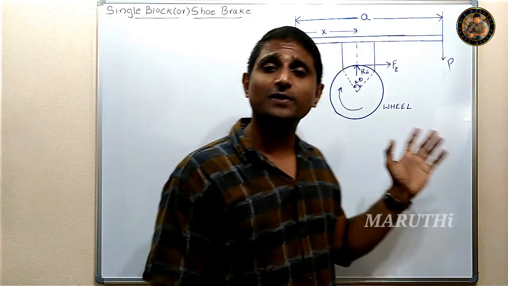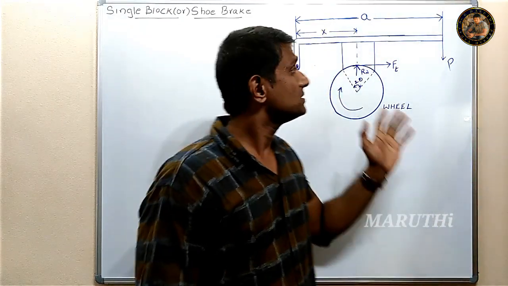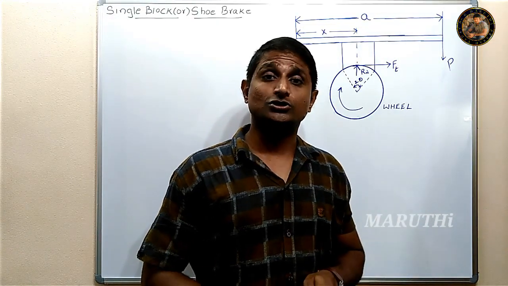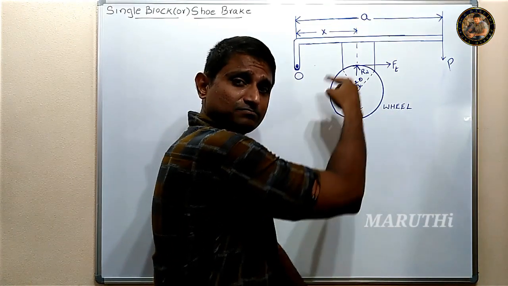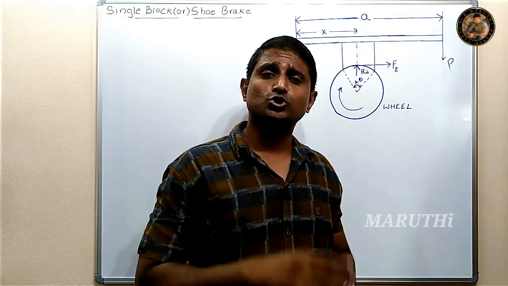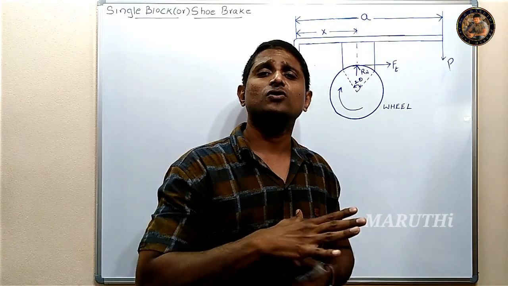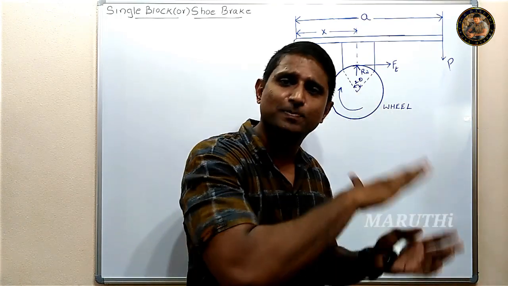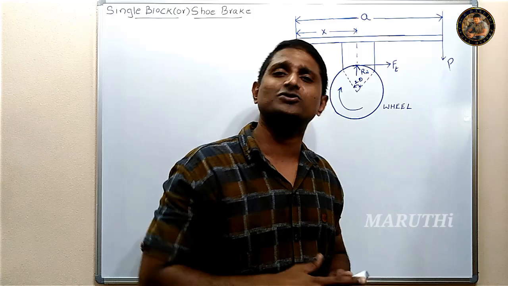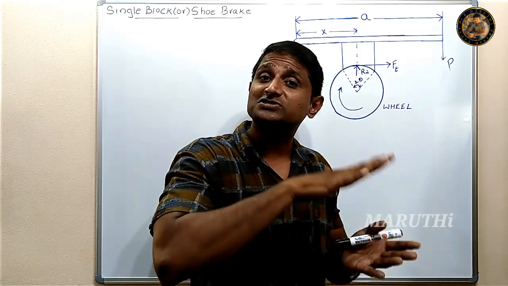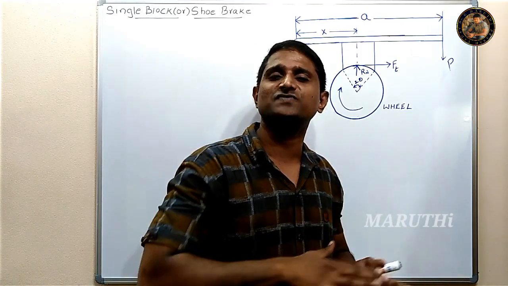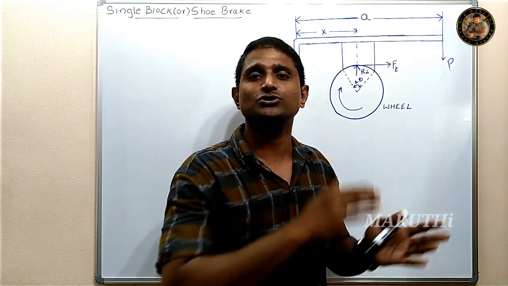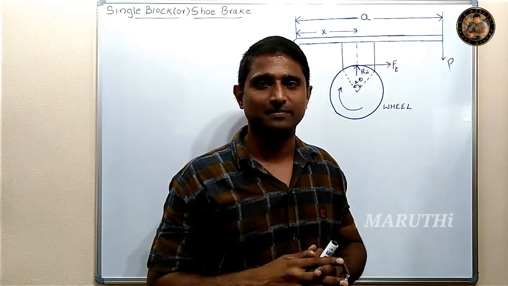So let's come to this one. This is a single shoe brake. Have a look at this one. This is a simple outline diagram of how it looks. This center part is the brake drum. To this brake drum, we have to bring one surface in contact, developing some external force, so that the frictional resistance force develops there, so that the motion can be retarded, so that finally you can stop the brake drum.